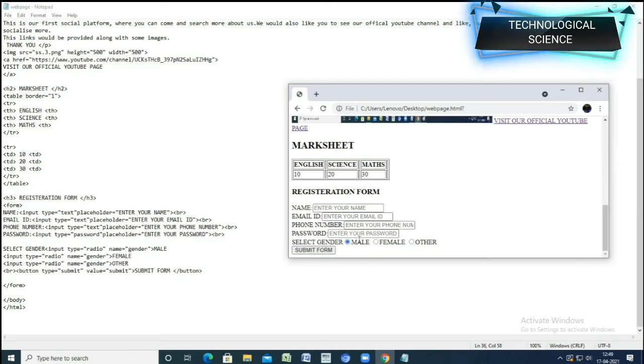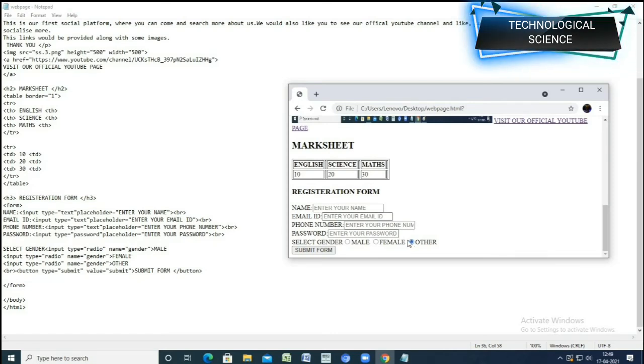Now as you can see here, if I click on anything like male, female or other, the second thing is select gender. I have to click on any one option.